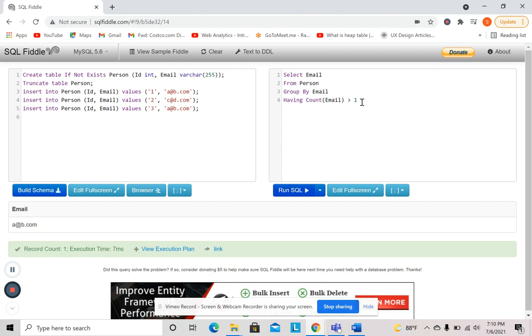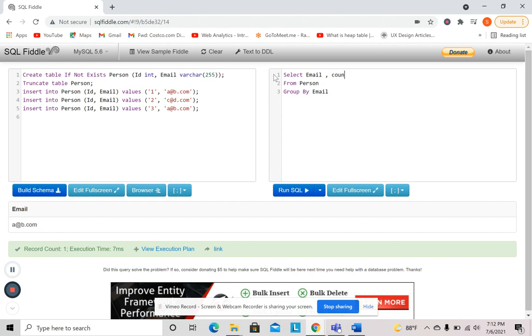The next method that we would be doing is using a subtable. So for that, we would again select from the table Person. We would group by the column email, and this time we want to see the count of all the emails in each group.